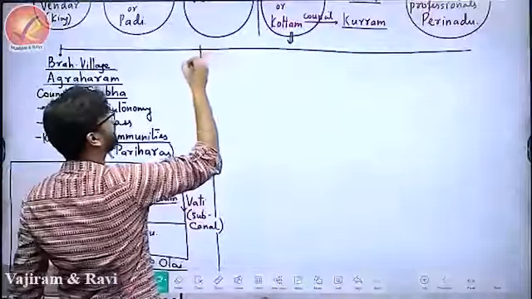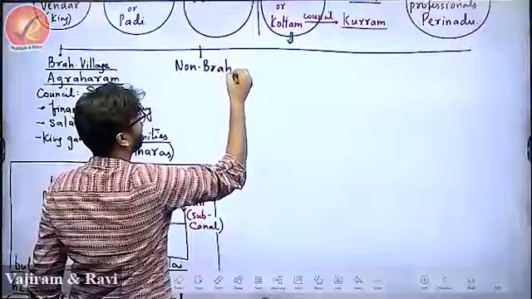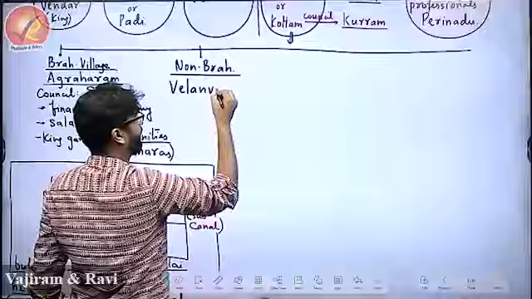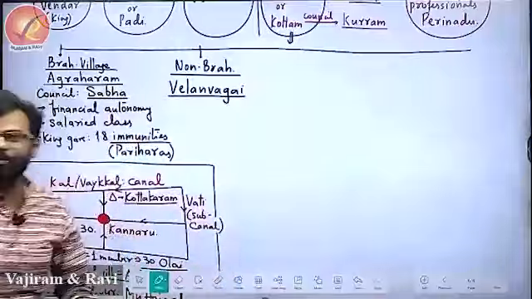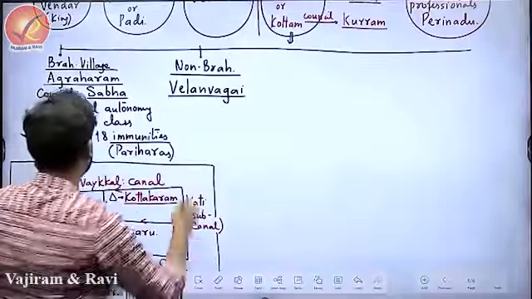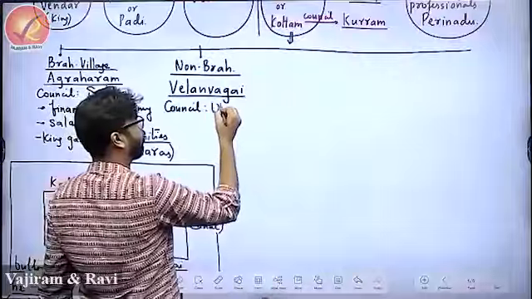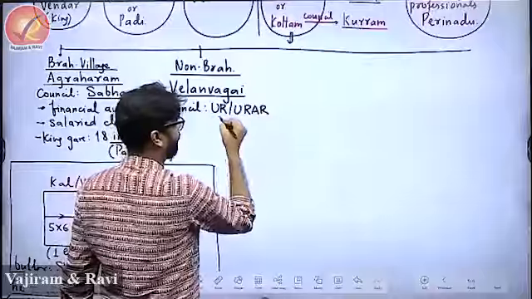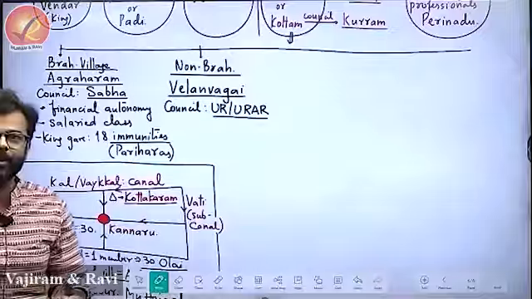Number 2, non-Brahman villages. A non-Brahman village is called Velan Vagai. And a Velan Vagai also has a council, and this council is called Ur or Urar. I hope you understand